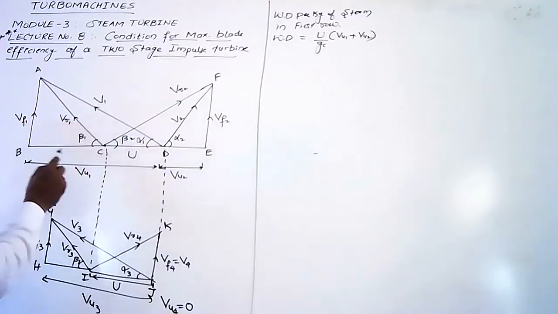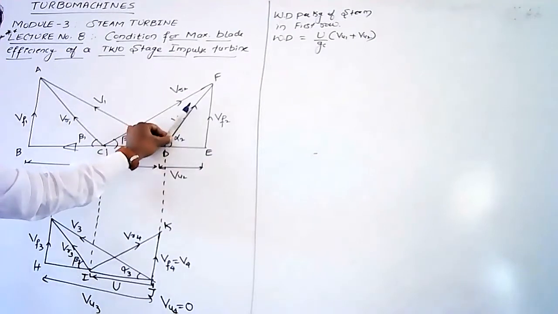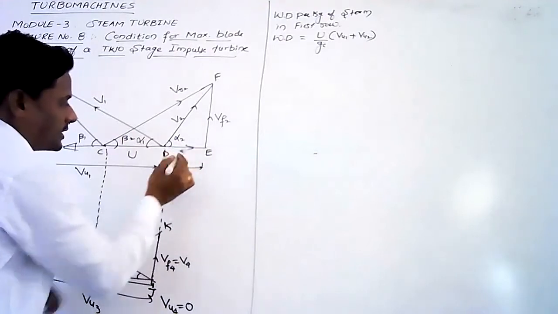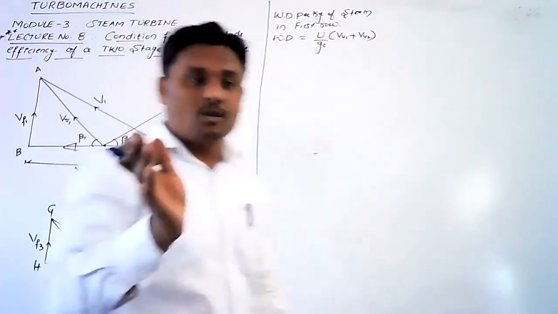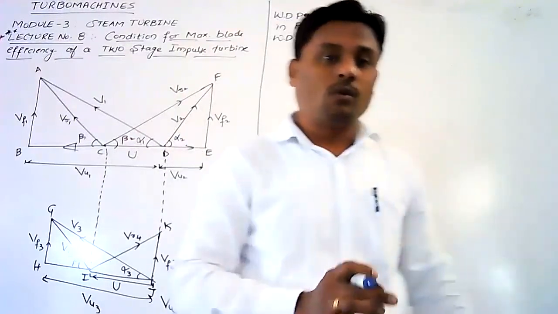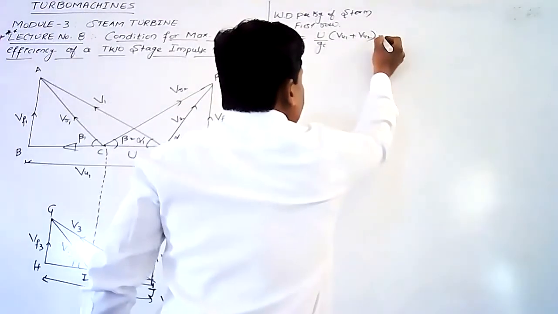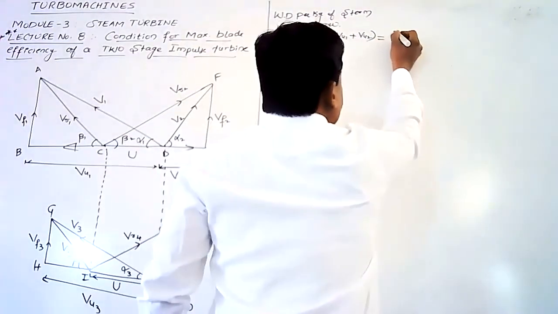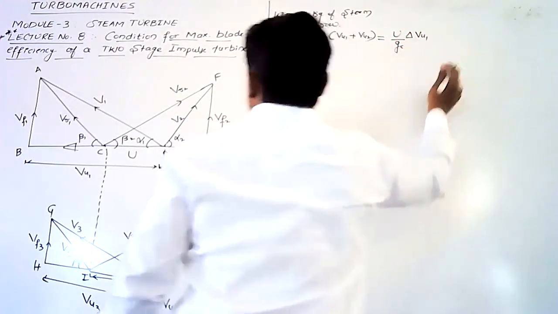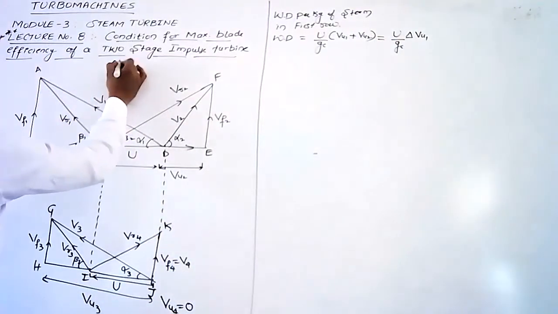VU1 is towards the left here. And what about V2? The horizontal component of V2 is VU2, and the direction of VU2 is towards the right. So the directions of VU1 and VU2 are opposite to each other, so by the rule we have to consider the positive sign in this equation. Okay, this equation can also be written as U by GC into delta VU1. So the algebraic sum of VU1 and VU2 is delta VU1 here.